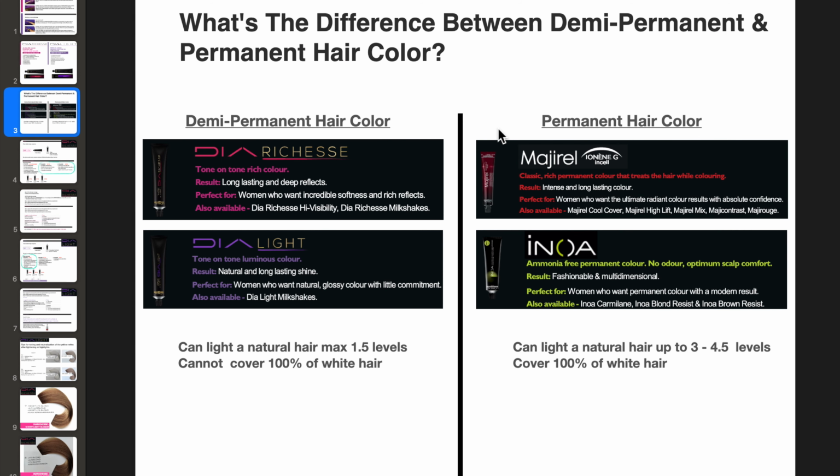What is the difference between a demi-permanent hair color and a permanent hair color? A demi-permanent hair color is working on the surface of hair. It's not coming deep in the hair, it just gently opens the cuticle of hair and fills the hair with pigment. A permanent hair color like Majirel, which is based on ammonia, and Inoa, which is ammonia-free but also is a permanent hair color, these colors are coming deep in the hair and make bigger changes,